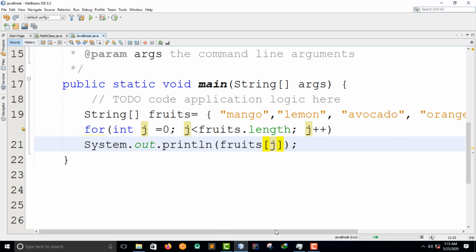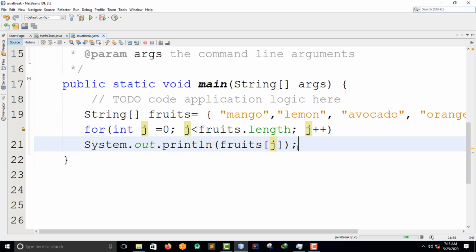So guys, we have looped through using a for loop. Let's see how to loop through an array using the for each. There is also a for each loop which is used exclusively to loop through elements in arrays. The syntax is simple.